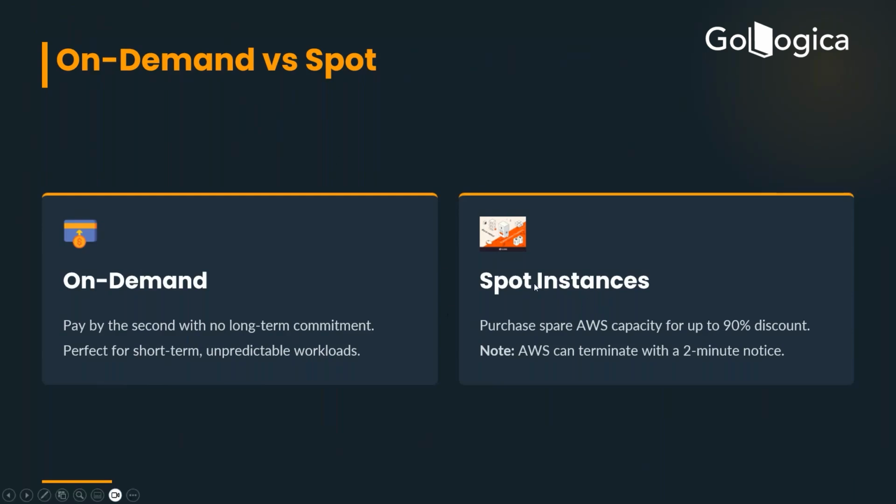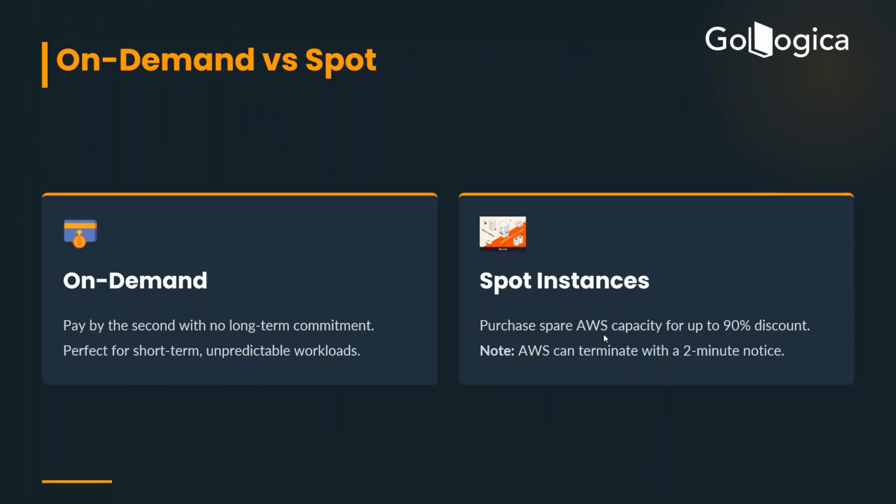Spot lets you purchase spare AWS capacity for up to a 90% discount, so you save up to 90% on spot instances. When you see spare AWS capacity, remember when we saw the global infrastructure, there is a region, which is the geolocation, and those regions are divided into multiple availability zones, and inside those availability zones we had one or more data centers.